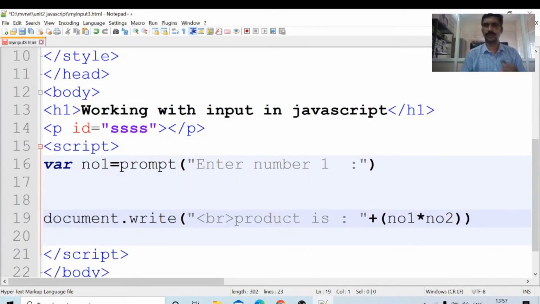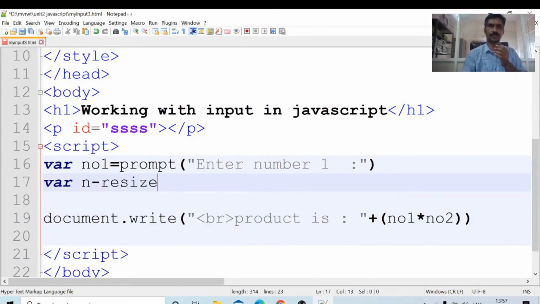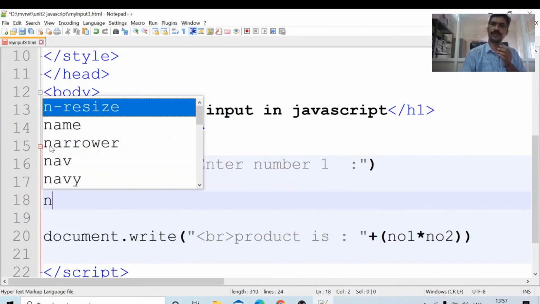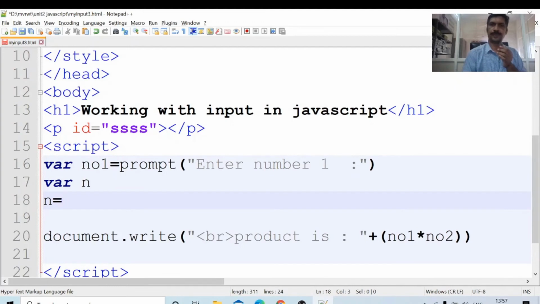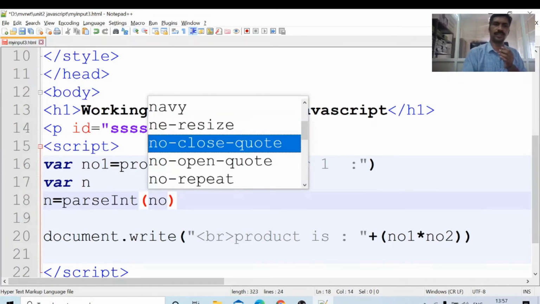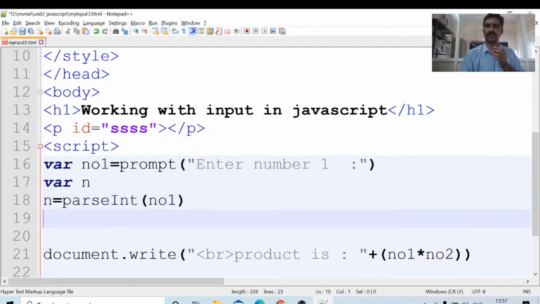I have to convert that input to an integer. Variable n equal to parseInt. parseInt is the method to convert a string to an integer, no1. Now it will be converted into an integer.